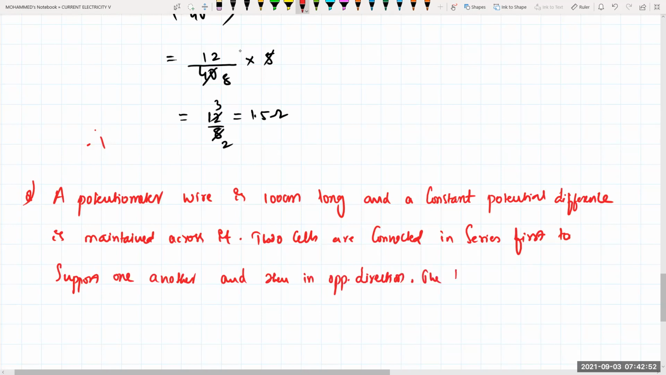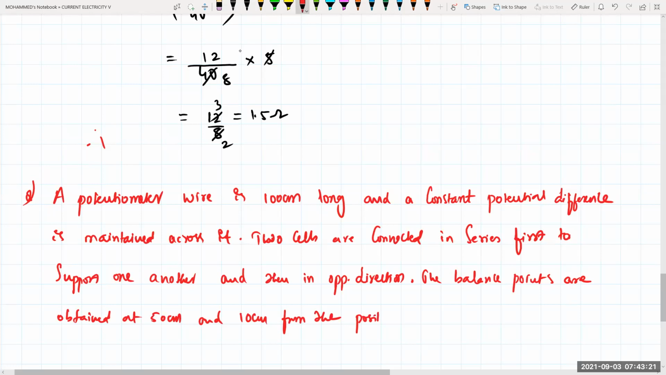The balance points are obtained at 50 centimeter and 10 centimeter from the positive end of the wire in the two cases. The ratio of EMF of the cells is